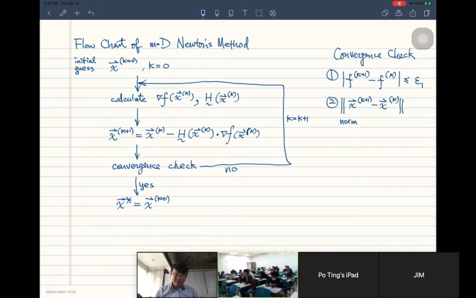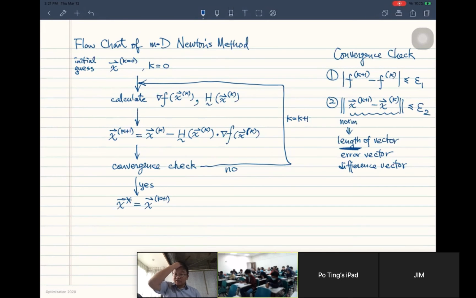So norm is like a length of vector. And what is this? This is like an error vector or difference vector. So we are checking the length of this difference vector, and we want to stop when this norm is small